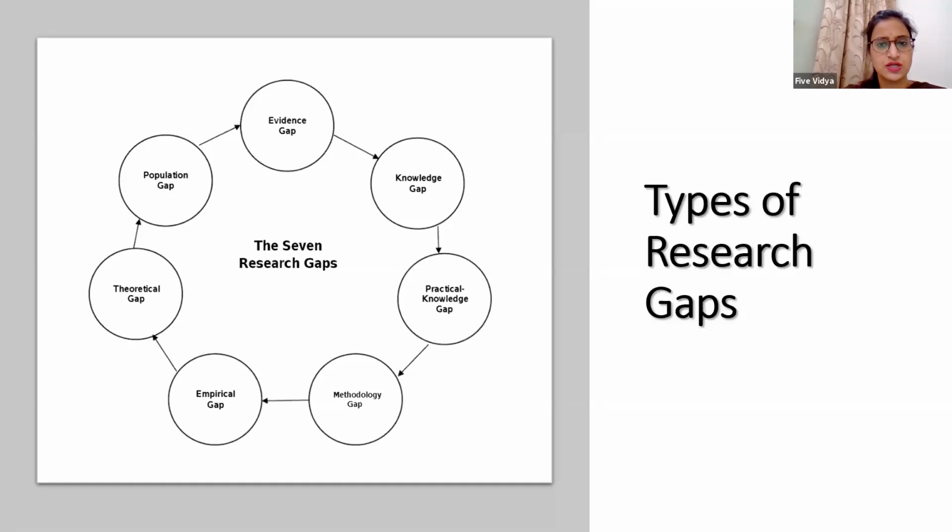Is any chronological order required for writing the LR? It depends on which order you are considering for writing your LR chapter. Whatever order you are following, whether it is chronological order, or you can also follow an author-wise approach. Whatever approach you decide, you need to follow that entirely for your chapter. You can also use chronological order if your topic is such that you can have that approach.